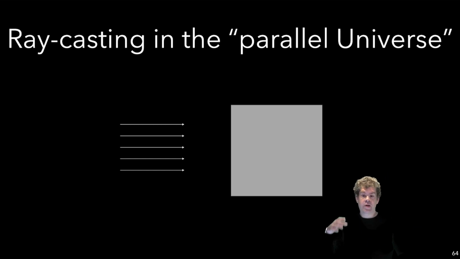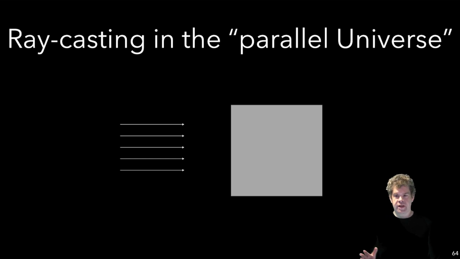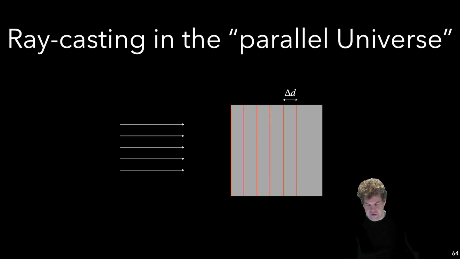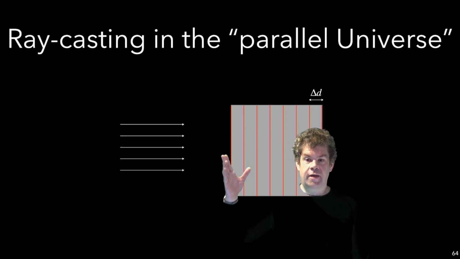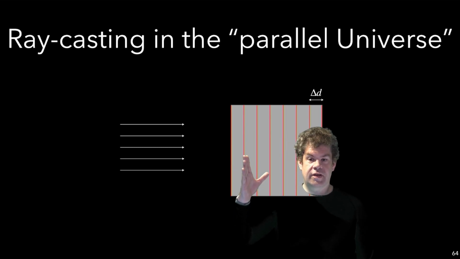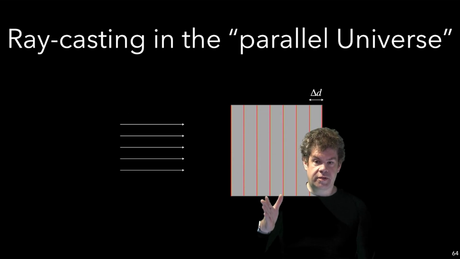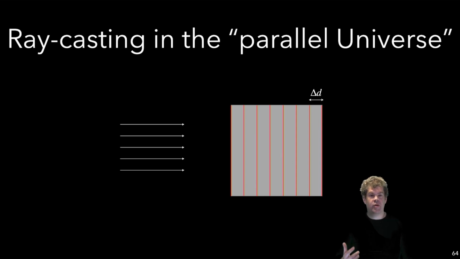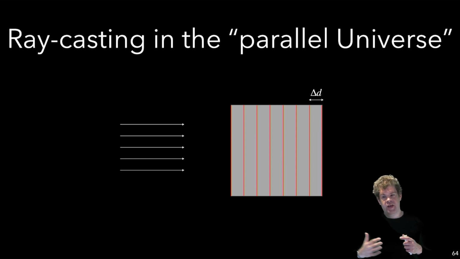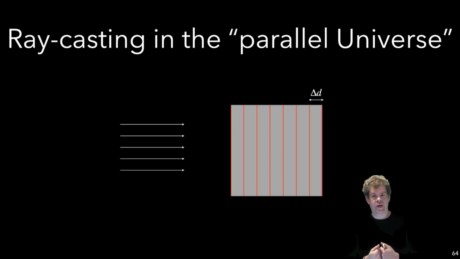So, now what happens if I do raycasting with a parallel projection? Let's see. What I do is I sample along the ray, right? So where's my first sample? Well, it's at the entry point. Now I step with a certain sampling distance. Those are all of my samples: the second sample from all rays, third samples from all rays, and so on and so forth. So what do we observe? Well, we observe that in that very special case, where we look axis aligned and we have a parallel projection,